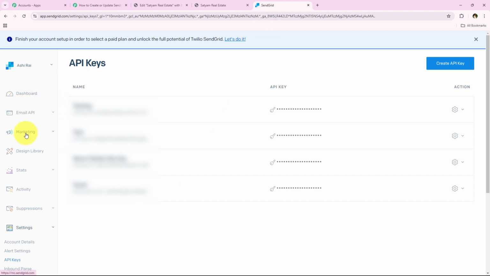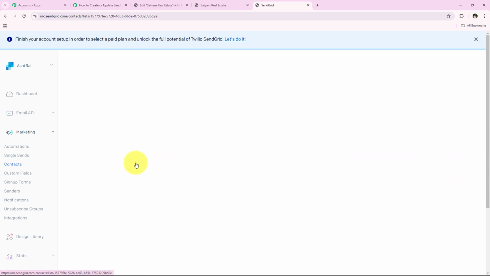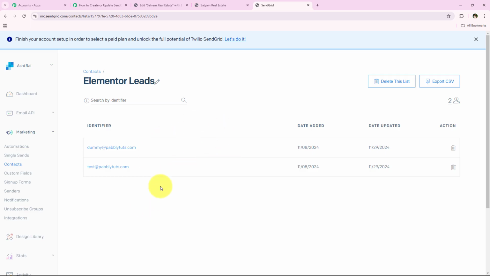We're going to go back towards the contacts right over here. So I'm just going to go towards the contacts right over here, and as it's going to go towards the contacts, we're going to wait for a few seconds. And yes, over here you can see all the contacts. So I'm just going to refresh the contact counts right from here, and yes, you can see Elementor leads have turned into 2. So I'm just going to open this Elementor leads, and as it's going to open this, yes, you can see a new contact has been created which is